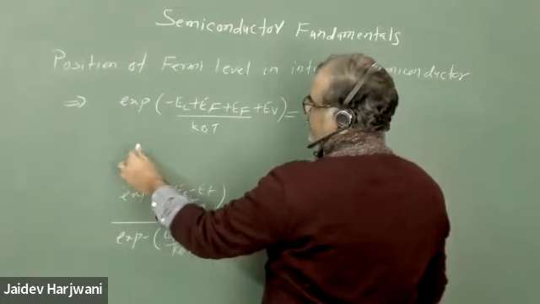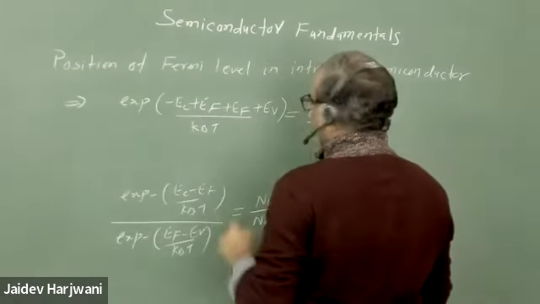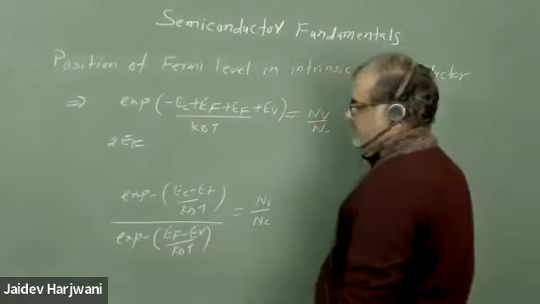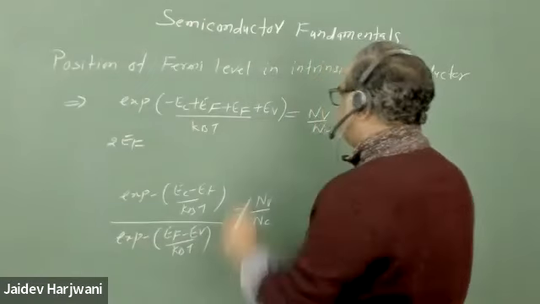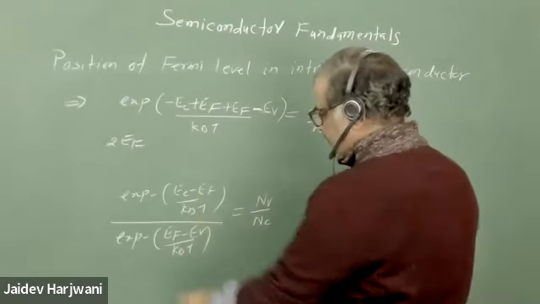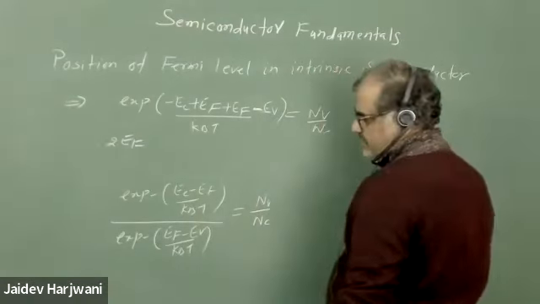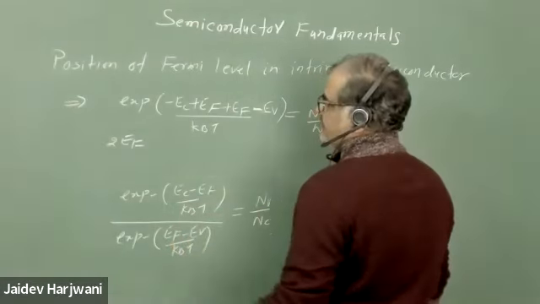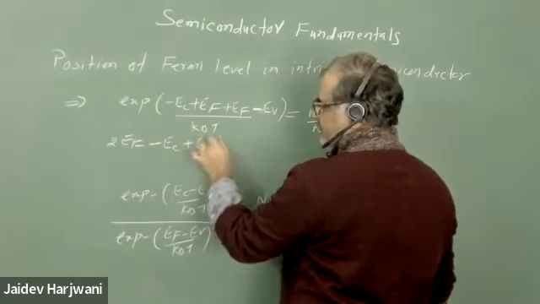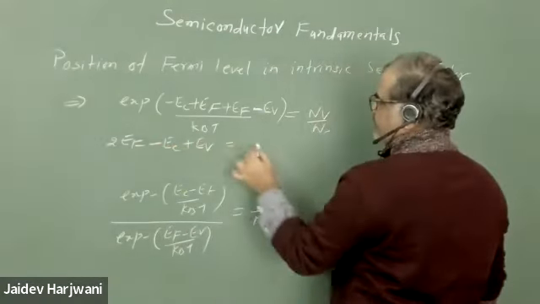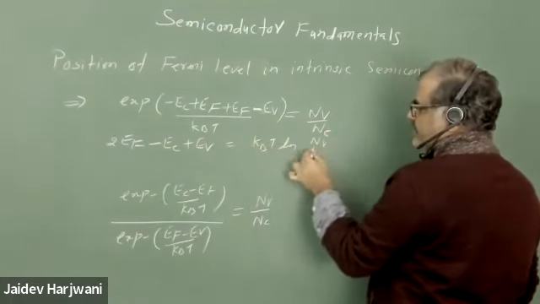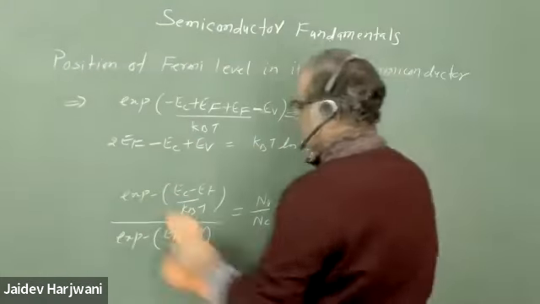if I take minus common, now you can send the log there. I have 2EF. Sir, shouldn't it be minus EV? It should come as minus EV, right, because when it goes up it becomes plus, so minus EV comes and EF becomes plus. Okay, so 2EF, minus EC plus EV, equals kBT ln NV upon NC,